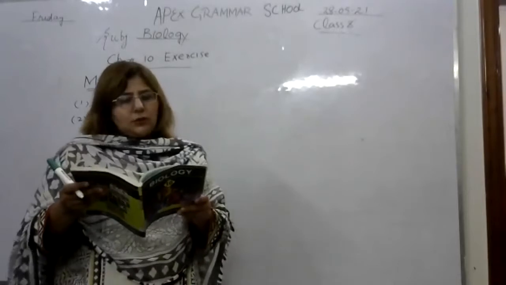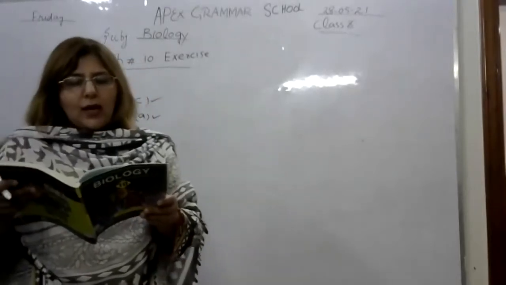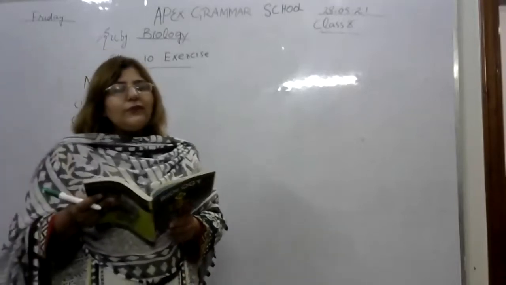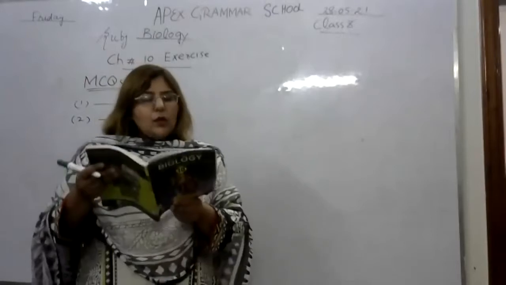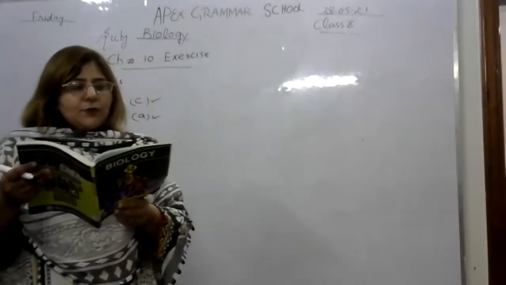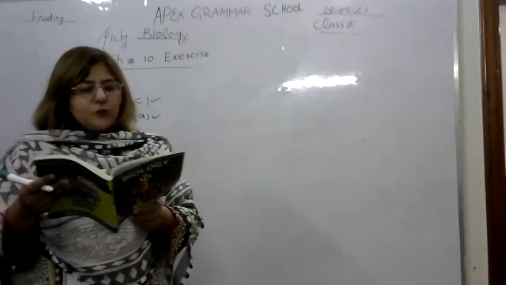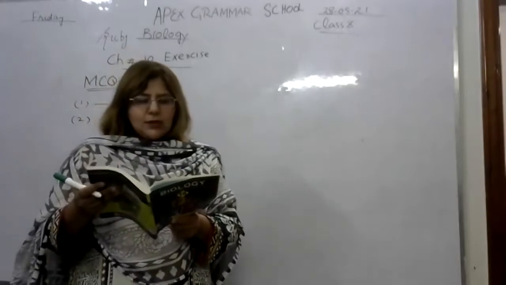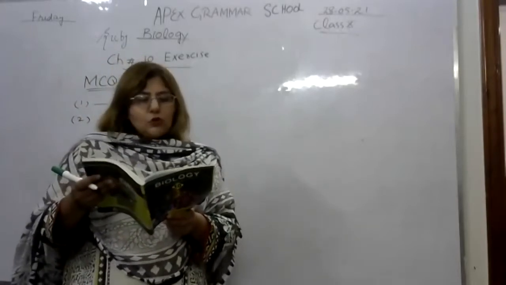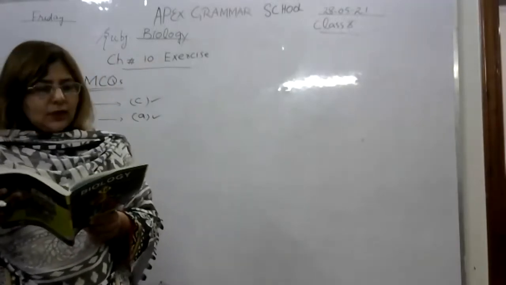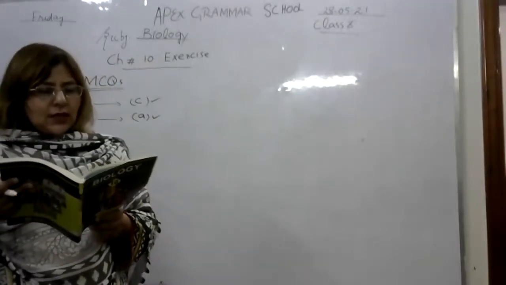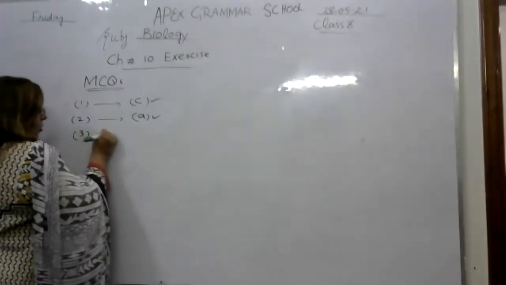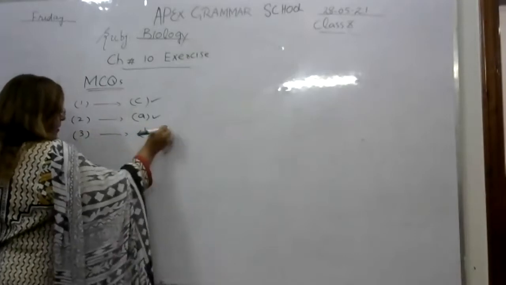So in this question, they are asking how many bronchi are there in the air passageway. So definitely, if we have two lungs, then definitely we have two bronchi. Okay, so now we will see the options. Option A is 1. Option B is 2, this is the right answer. Option C is many, wrong answer, and option D is none. So what is the right answer of question number 3? The right answer of question number 3 is option B.